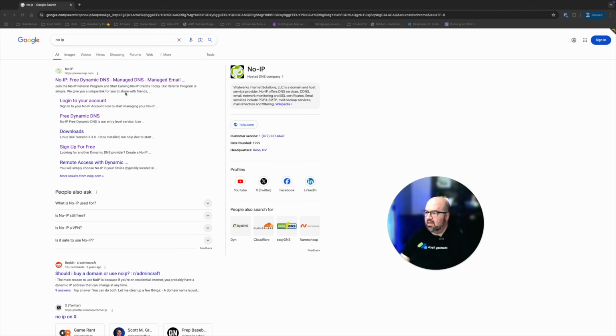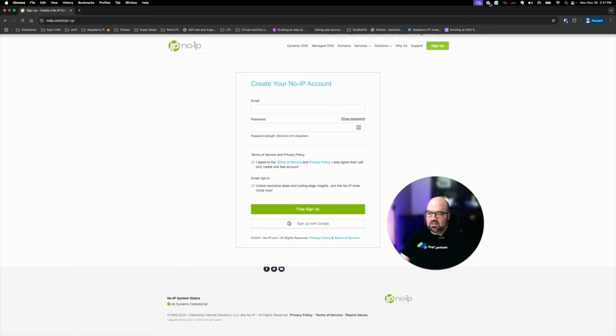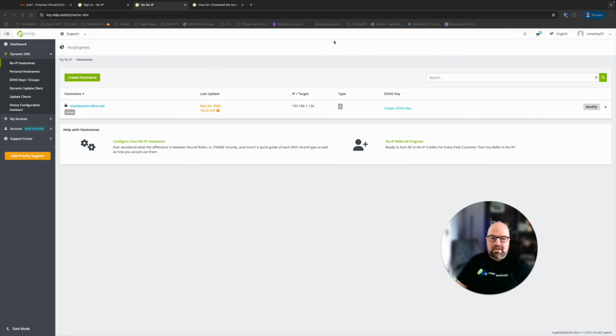So we're going to go ahead and click on sign up for free. Then all you do is you click on sign up, you put in your email address and your password, and click on free sign up. It'll probably ask you to verify your email address, and then you're good to go. After you've done that, go ahead and log in. Okay, so once we're logged in, we're going to click on No IP host name in the far left-hand corner,